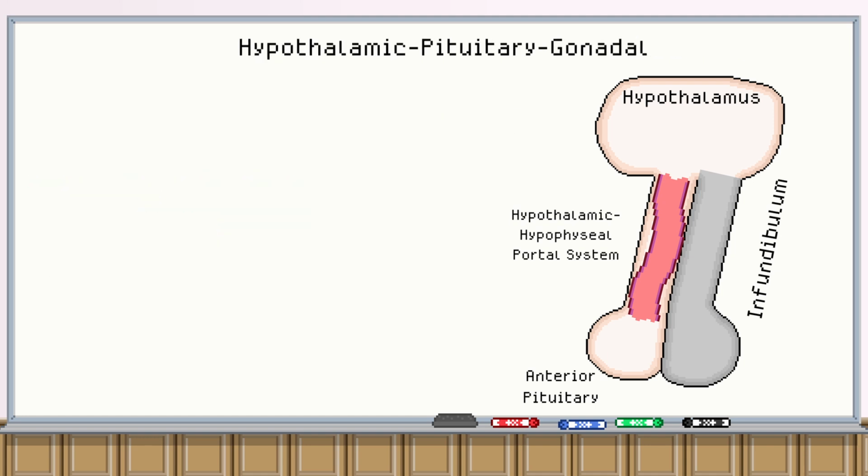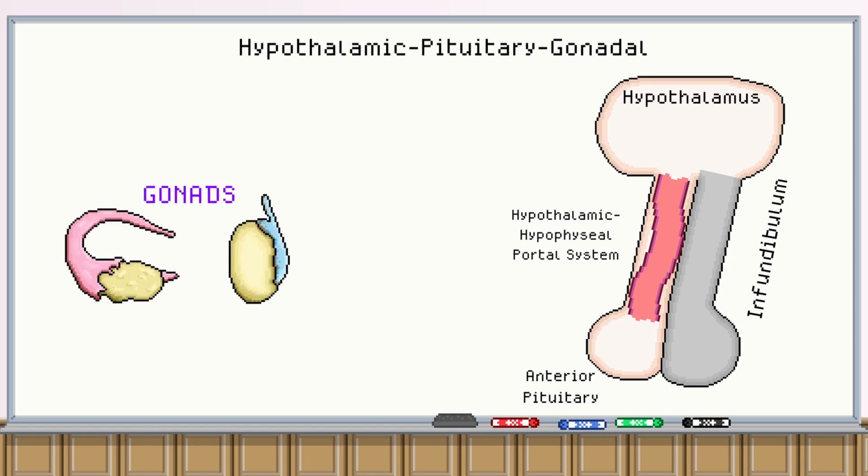Our next axis is the hypothalamic-pituitary gonadal axis. The gonads are our reproductive organs, the testes and the ovaries. In this axis, we'll need to trigger our reproductive organs to secrete sex hormones, which are estrogen and testosterone, and to stimulate the production of gametes, or sex cells. Once again, we start at the hypothalamus, which drops